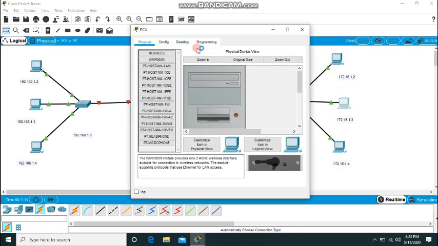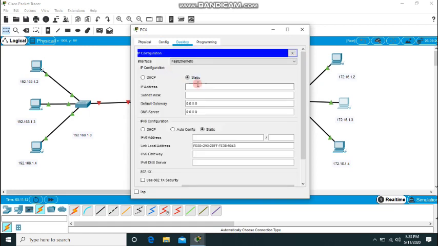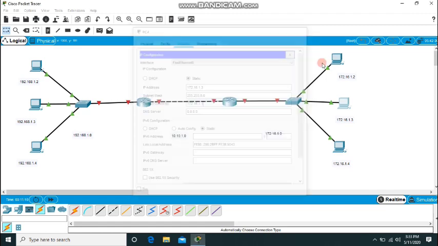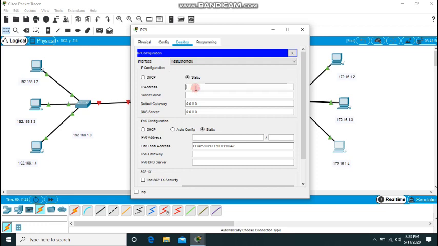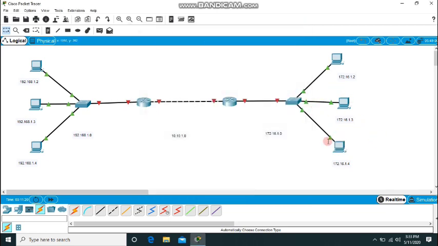Going to the second PC, same procedure, it is 1.3 and gateway 1.1. Going to the last PC, again it is 1.4 and the gateway address is the same 1.1. Now we have allocated all the IP addresses for the end devices.